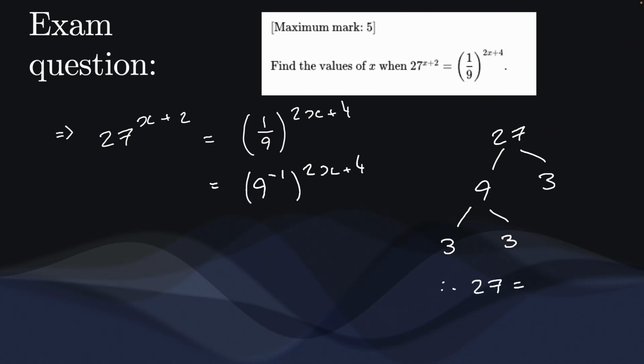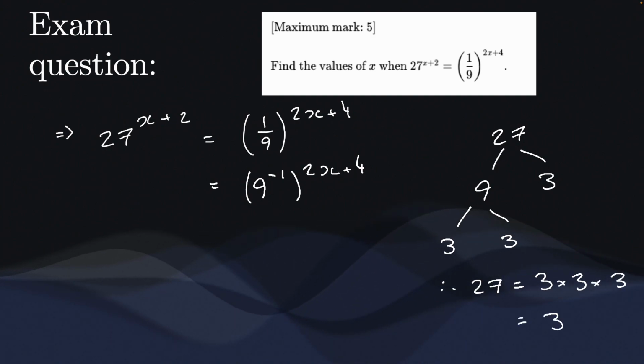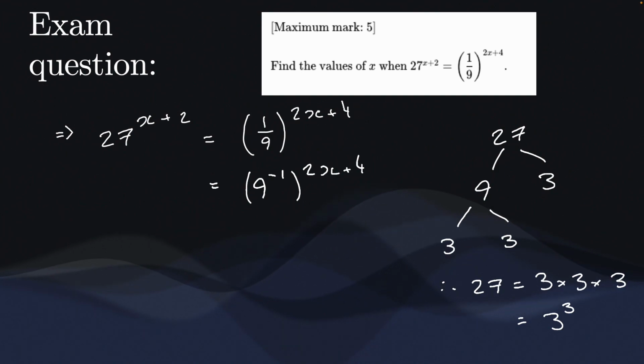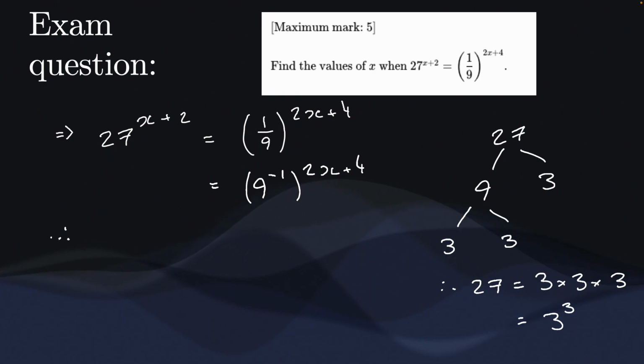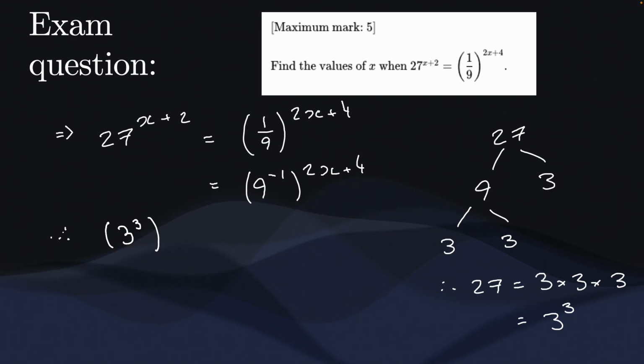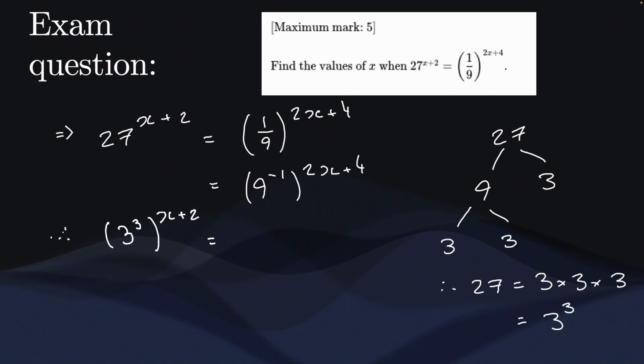27 is equal to 3 times 3 times 3, which is just the same as 3 to the power of 3, or 3 cubed. And 9, like I just said, is 3 squared. So what we can do is find 27, well, that's 3 cubed, so we can put 3 to the power of 3, all that to the power of x plus 2 is equal to 9 to the negative 1. Well, that 9 is 3 squared, so we can just say 3